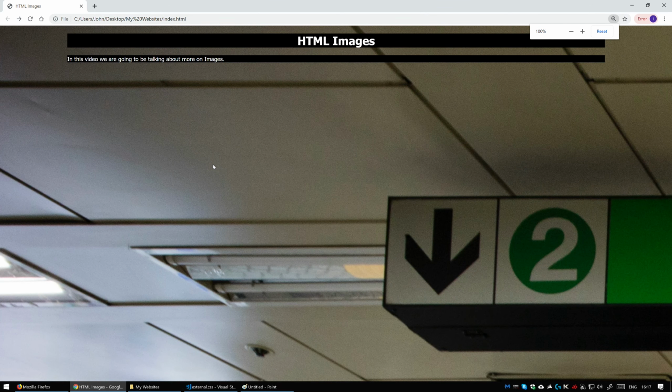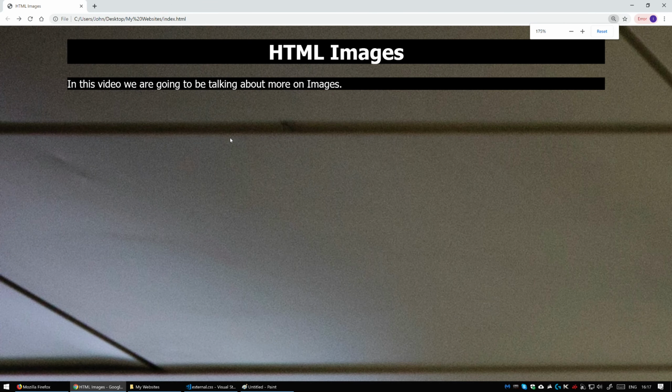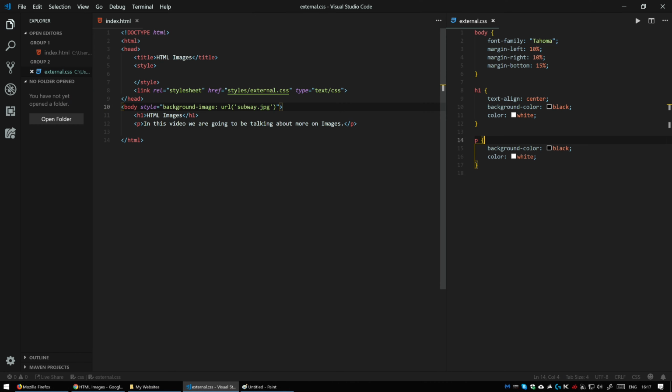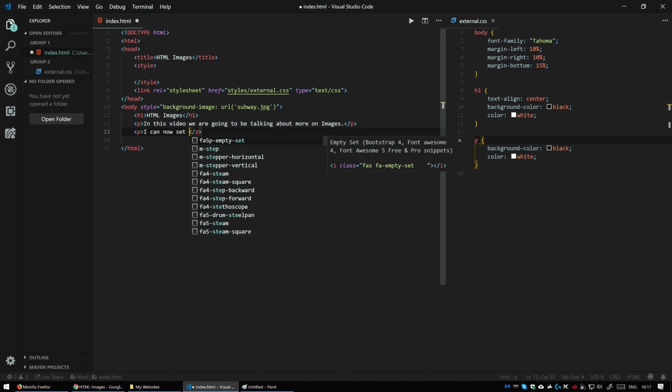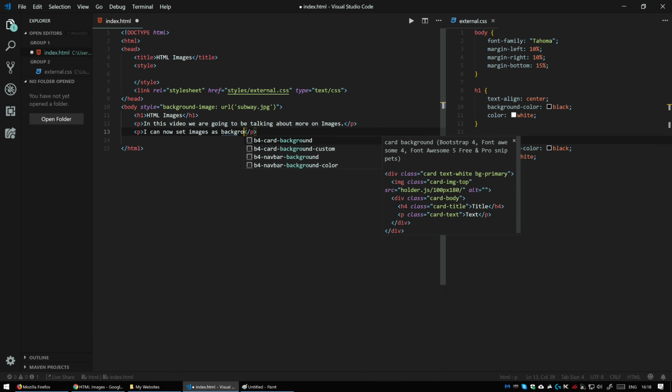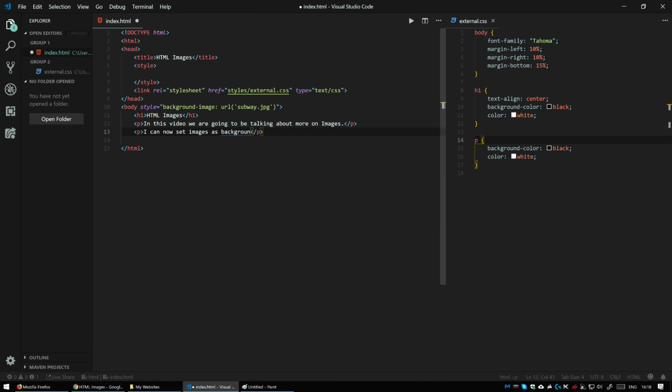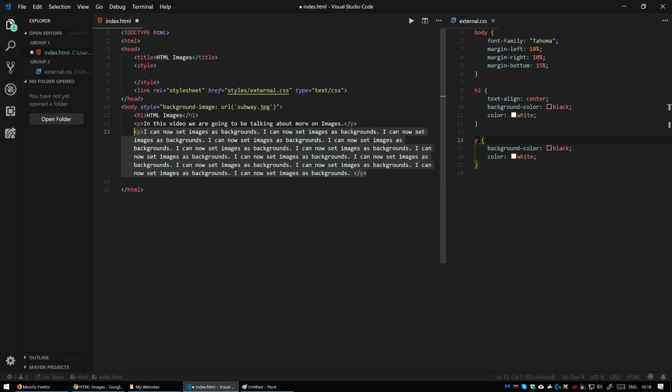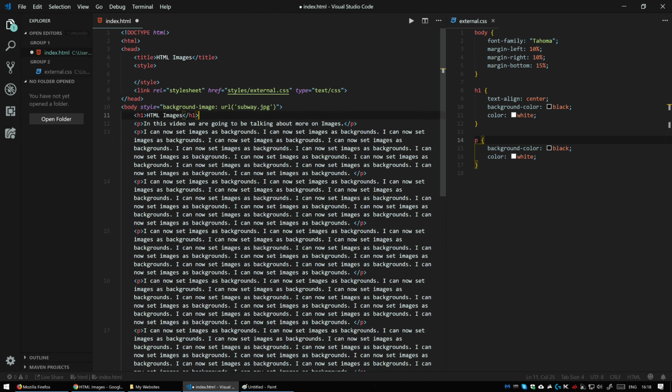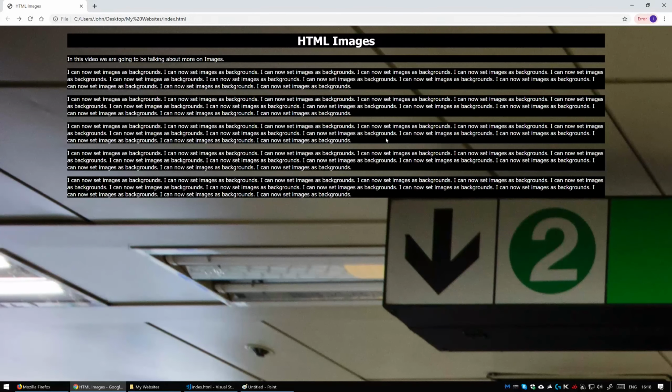Okay, and just to see how it would look with more stuff on the page, let's go ahead and add another paragraph. I can now set images as background. Oh no, okay, copy this a million times, then copy this sometimes, refresh, and this is how it would look. Okay, so